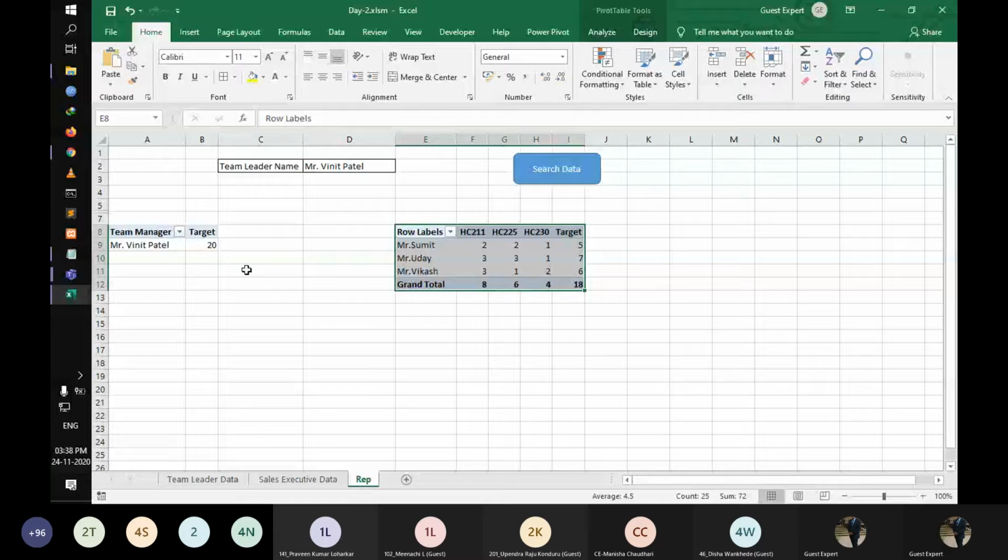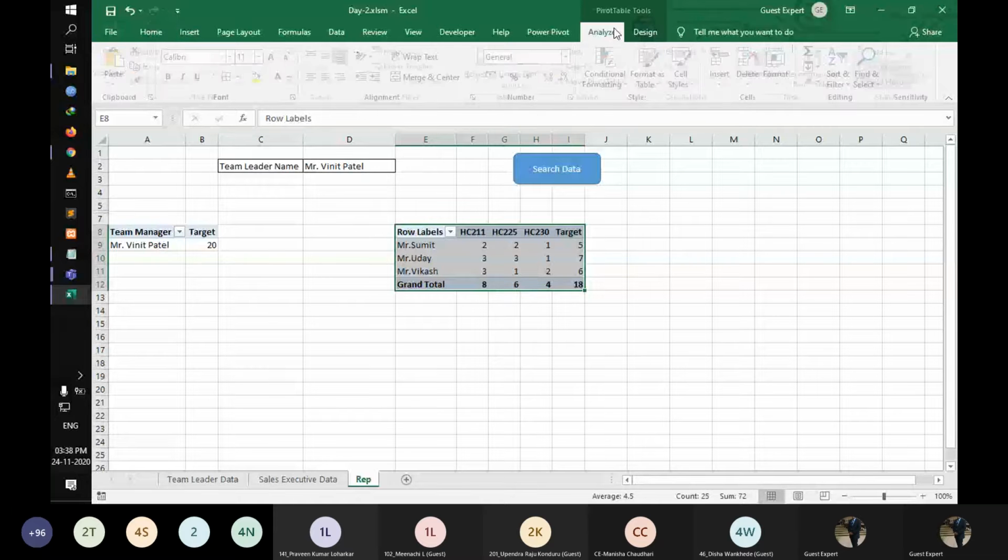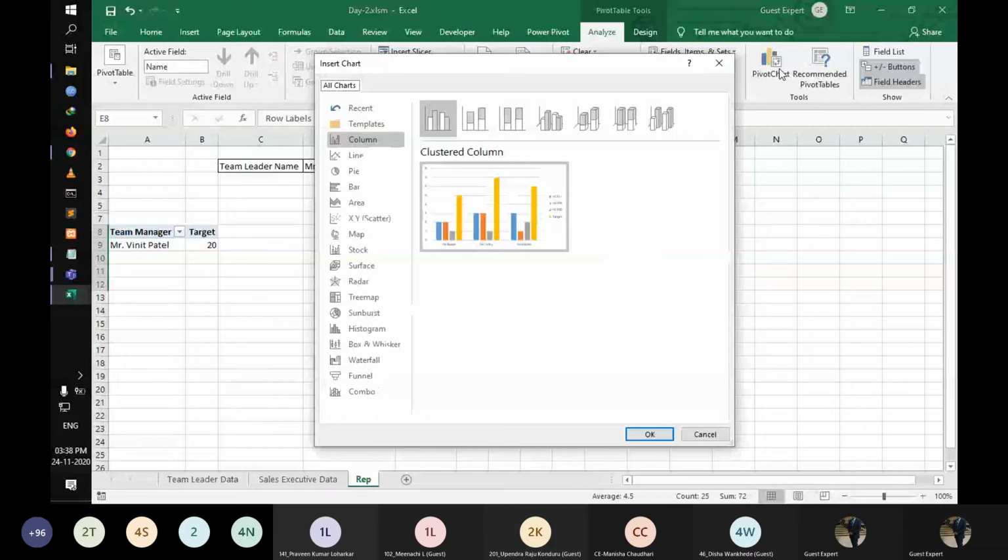We compare the total between them, and we also going to analyze the pivot chart. We're selecting the pivot chart.